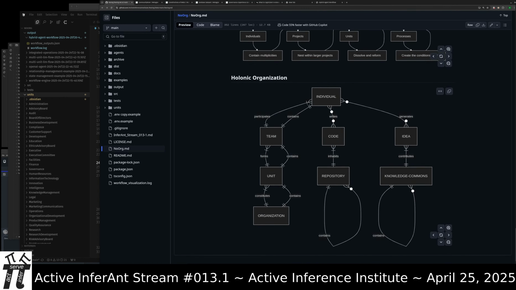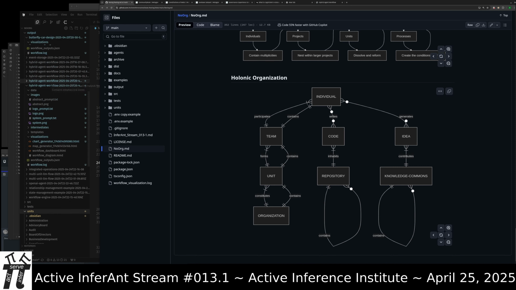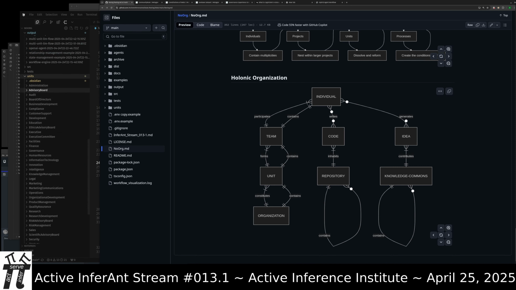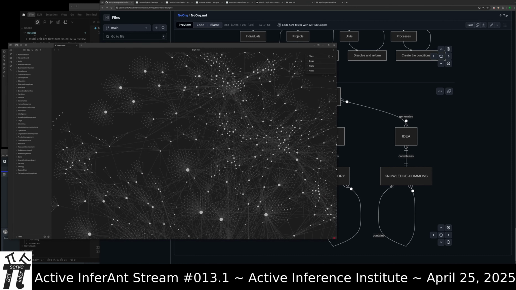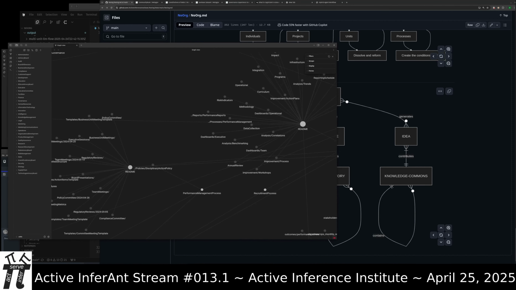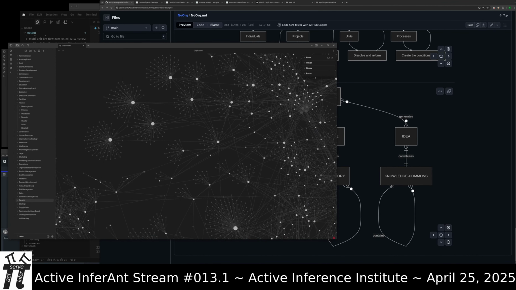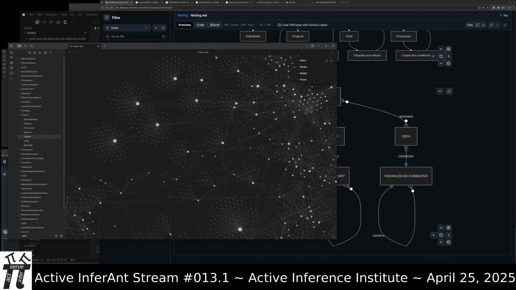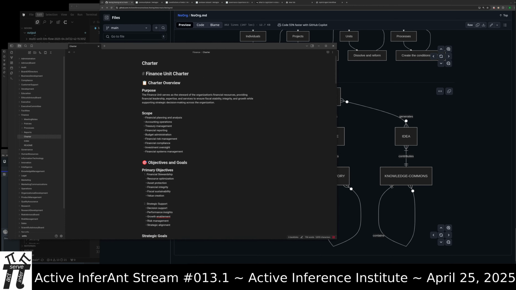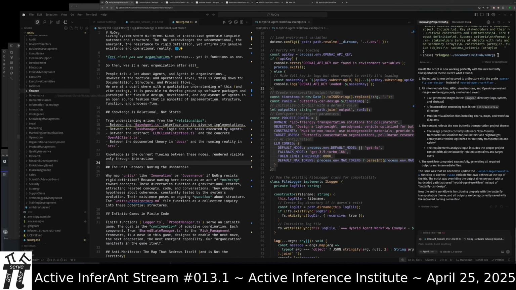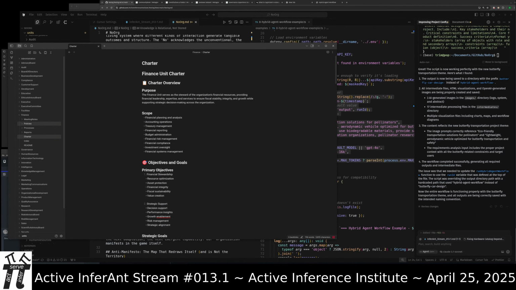Let us go to the examples after briefly looking at what the units are. So here is an Obsidian representation, graphical view of these different repos. We will go into the charter of the finance unit. So here we are looking at it in Obsidian, and here it is in Cursor. So these are all files, and there's a different amount in different ones of them, but they all have some core files like the charter, the index, etc. Let's go to education.